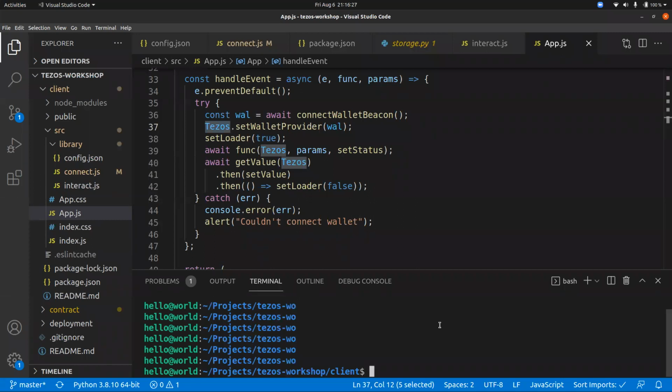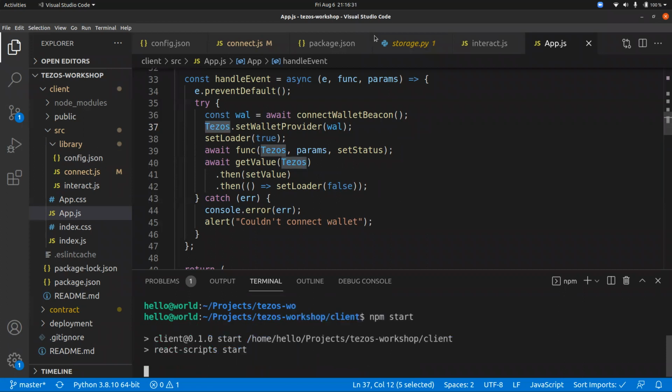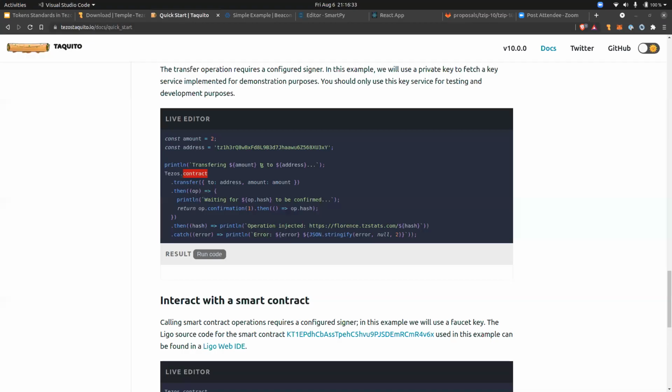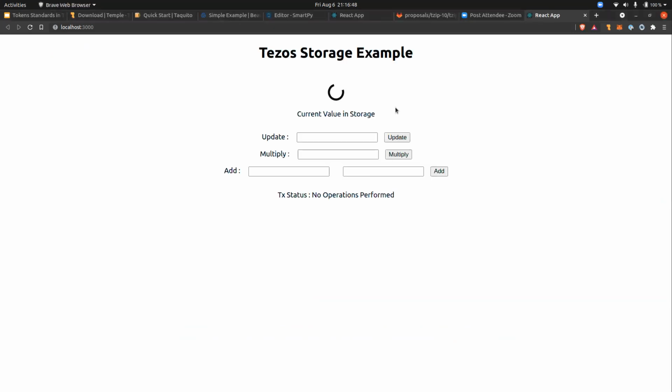So I'll just start off the client here, and we can see it working. Are there any comments in the chat? Okay, so the page is loaded, and someone has already sent over a huge number. Anyways,